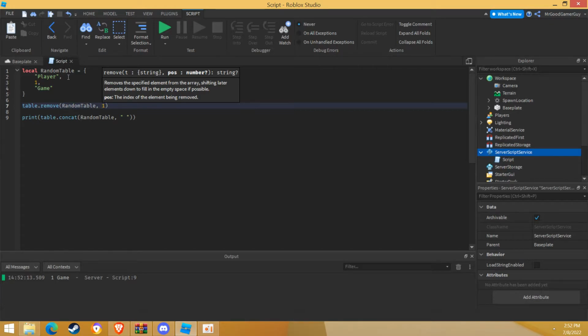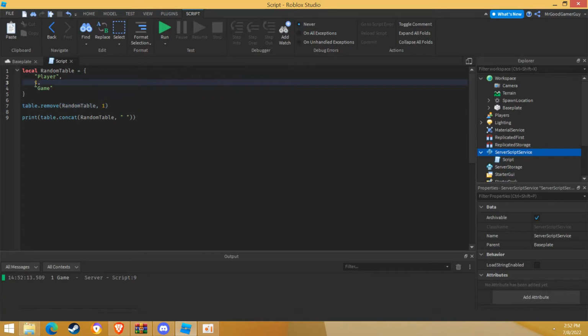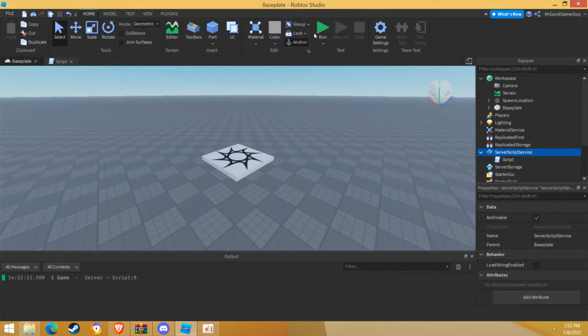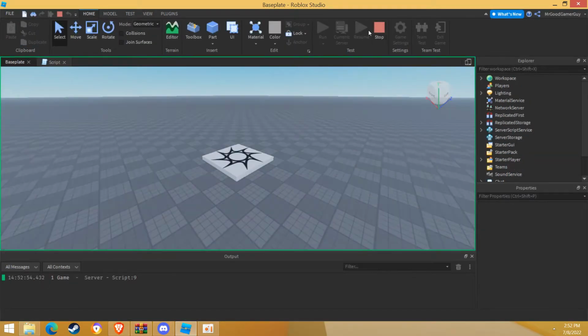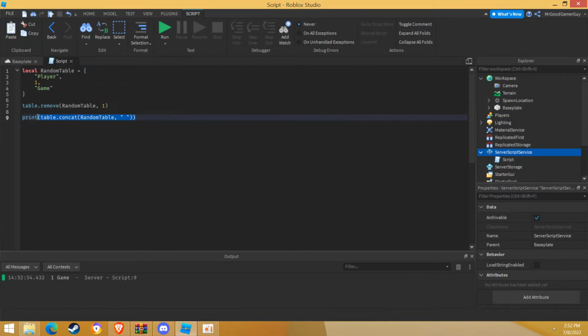So if you think something is wrong, then you could put this, and yeah, pretty sure that's what it's for. And so now we've won. It's 1 game, as I said. Now what we can also do is we can do